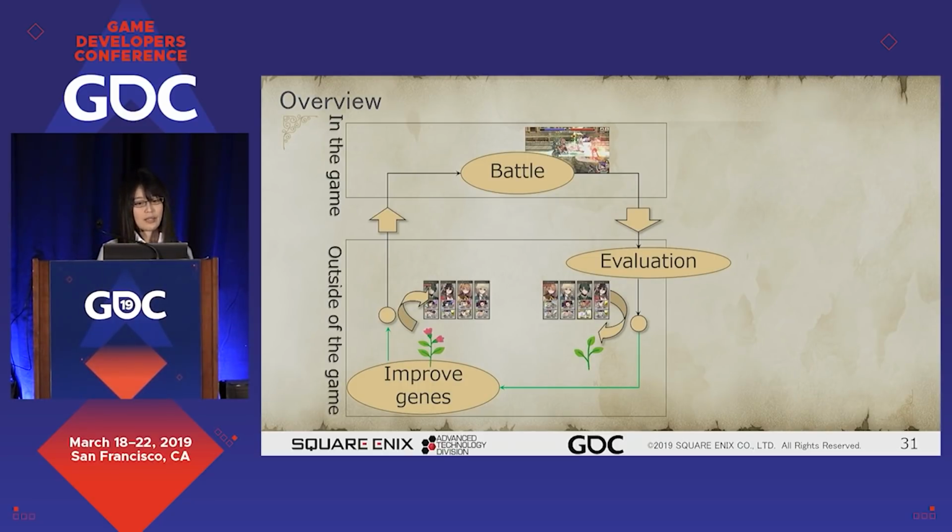As evaluation and improvement are located outside of the game, we need a communication pipeline with the game. We use an API to communicate with the game because we delegate the development of the game to an external company. Therefore, using an API is a suitable method for us, but if all members are in the same development team, it might be okay to communicate directly in the code.